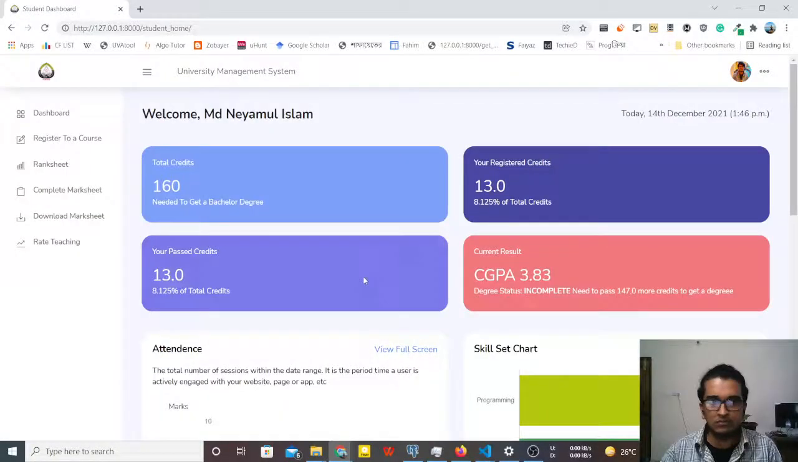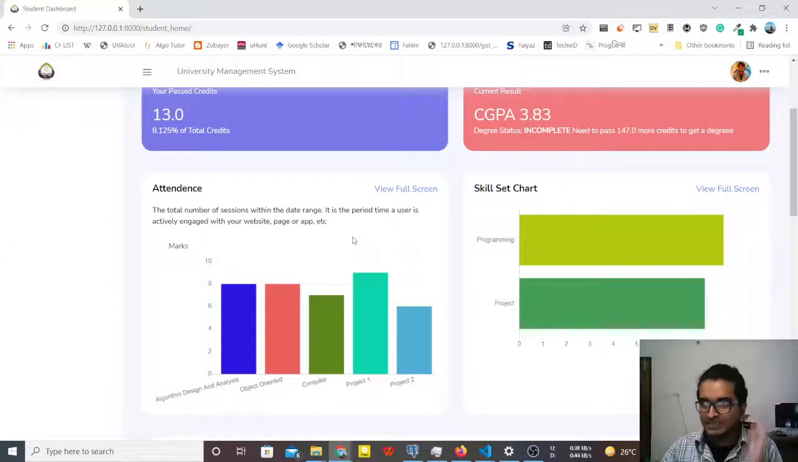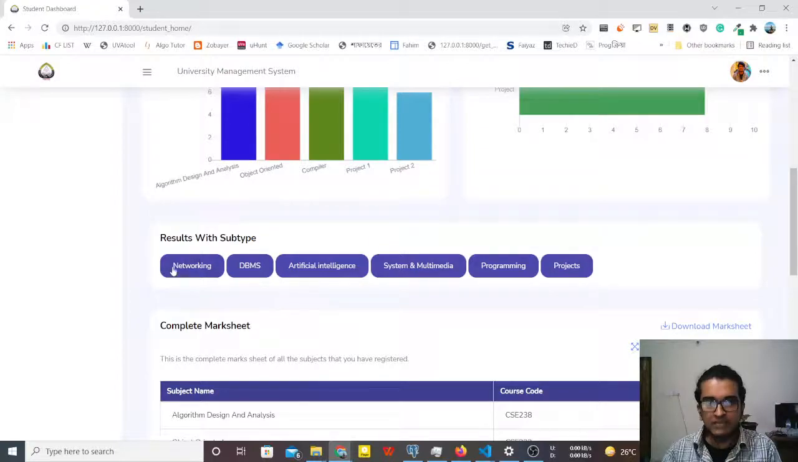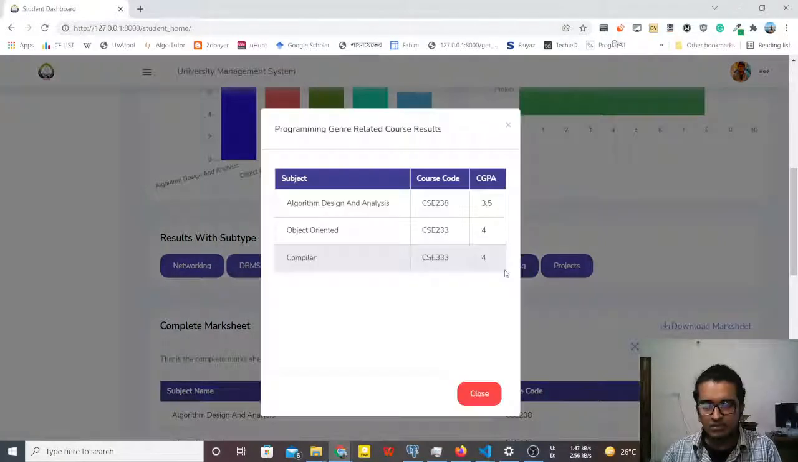In this app, a student can see his performance and other things in a very informative way, like his attendance in a chart, and his skill set in different genres of subjects. Like in programming, he has a skill of 8.70 on the range of 1 to 10. Then he can see his genre types of results, like in programming, in algorithm he got this, in object oriented he got this, in compiler he got this, in project